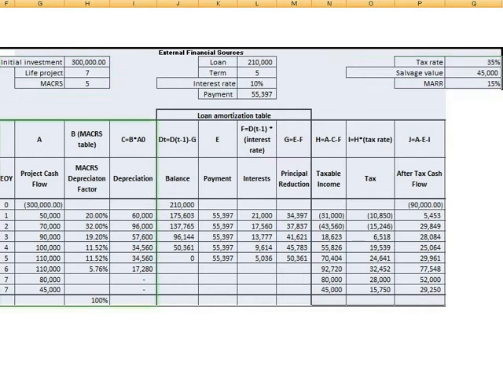So for the first 3-4 columns, none of the numbers have changed. We are still using the same depreciation, the same cash flows, the same initial investment, and none of that has changed. What we need to include now are 4 columns for the loan amortization table, and we begin with